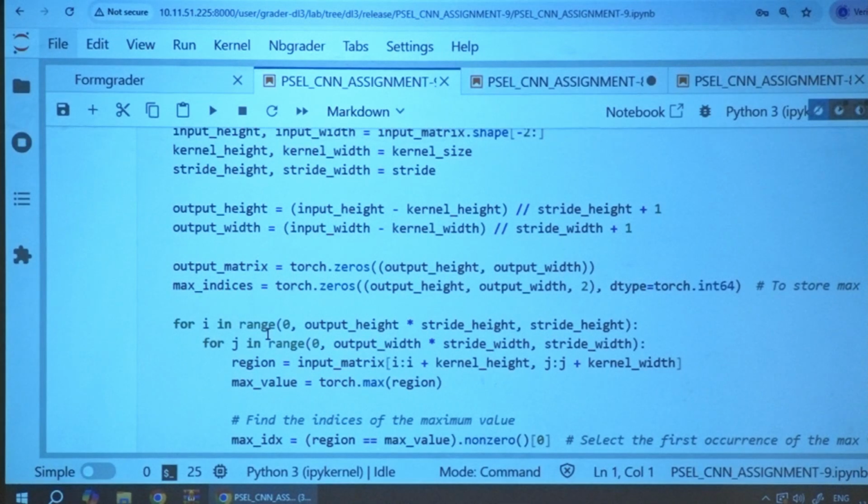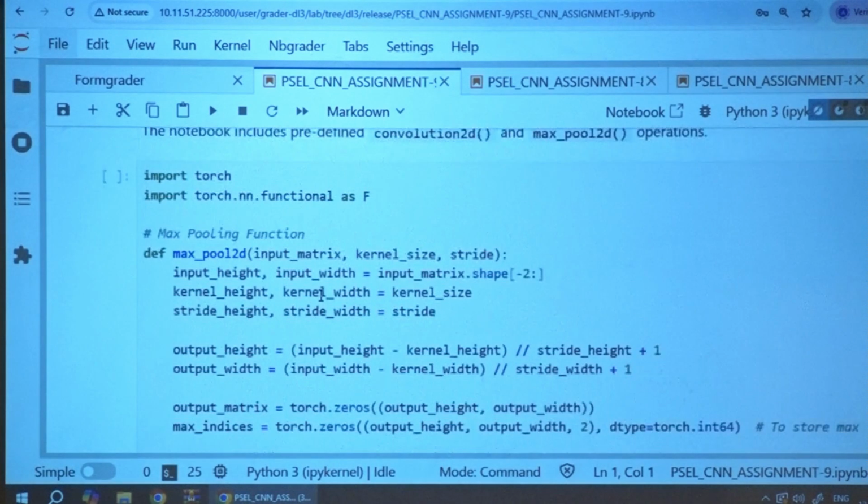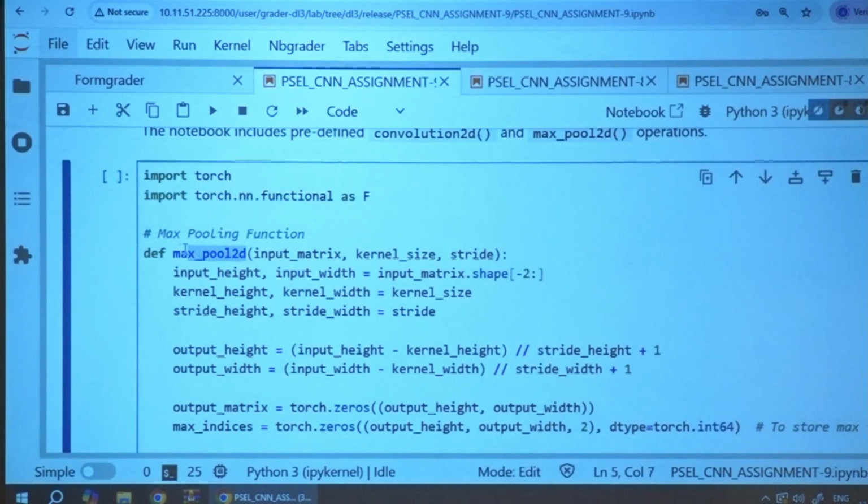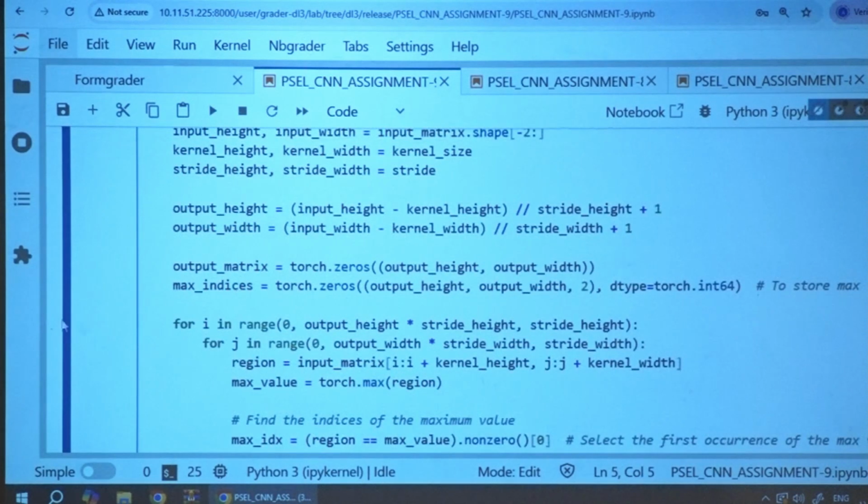Okay. Now have a look at this max pooling function. Whatever logic I discussed just now, the same way the max pool function, max_pool_2d. The basic version of max_pool_2d we already defined in the earlier session itself. For recording these maximum indices, a small part of the code is introduced. Look here. We initialized the max indices. We have to initialize it with the dimension of what? Output height and output width.